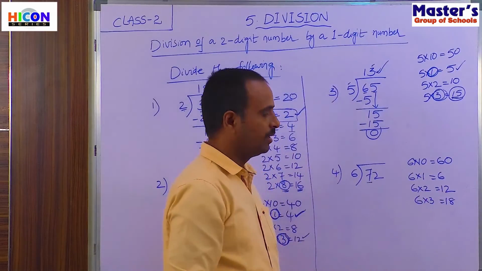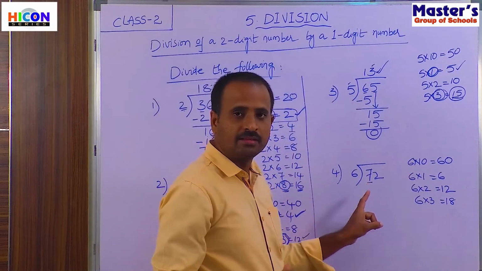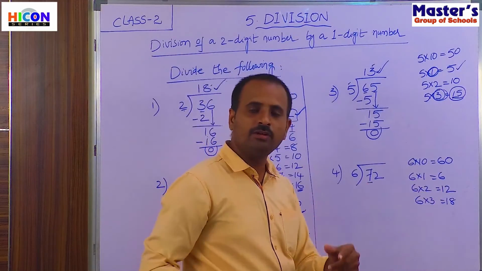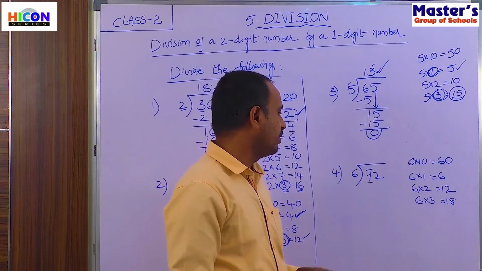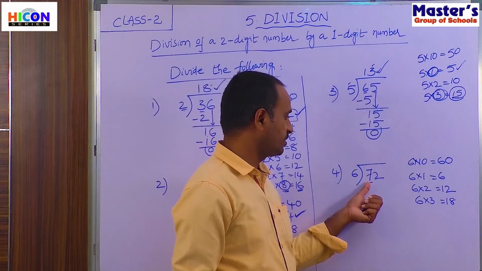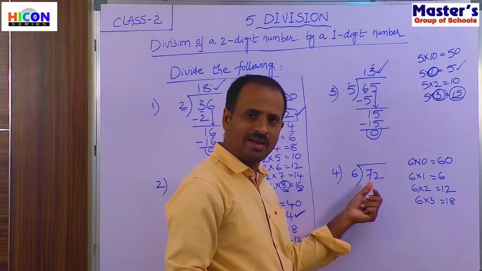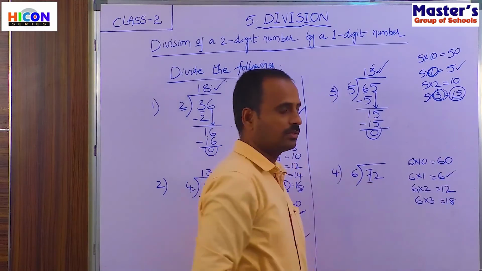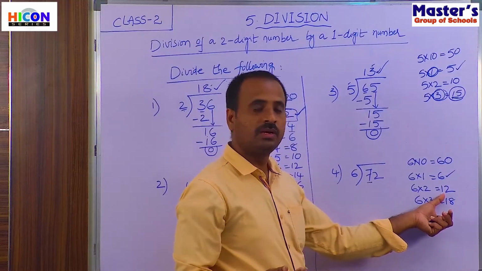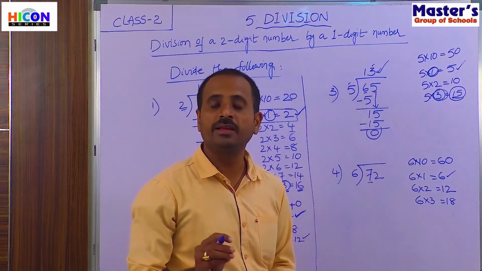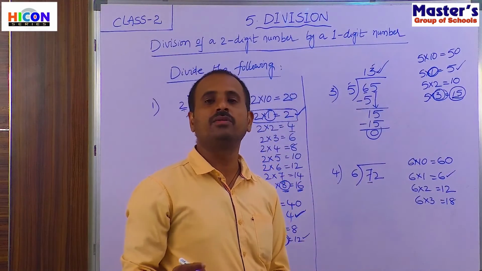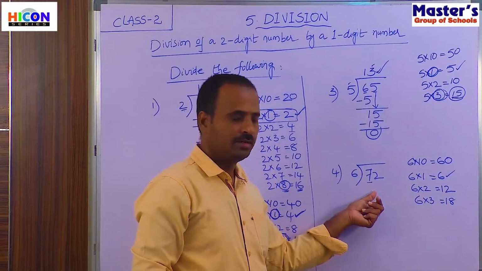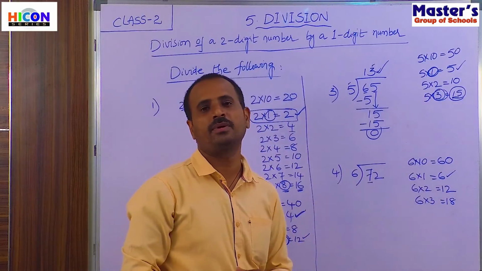So in this way, children, in the sixth table we did not get the number 7. If we did not get the number 7 in the sixth table, what do we have to take? That means we have to take the number less than 7 in the table. What is the number less than 7? The number less than 7 is 6. If we take 2 times, it becomes 12 and it is more than 7. So we should not take a greater number. Always we have to take the smaller number. So the smaller number than 7 in this table is 6.